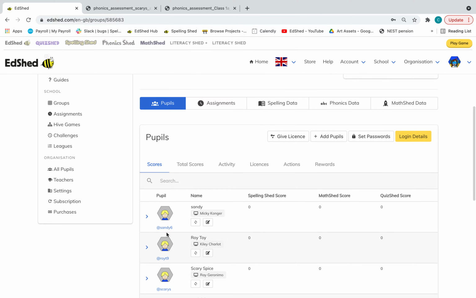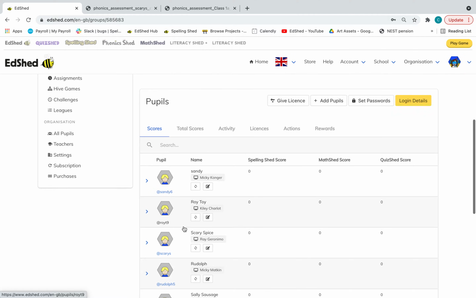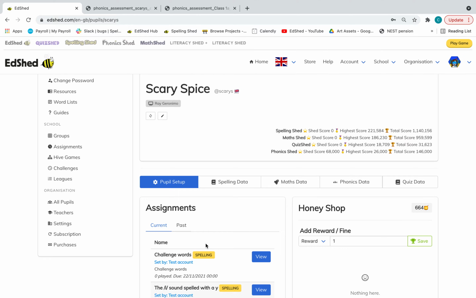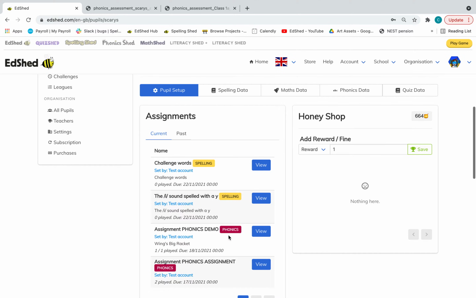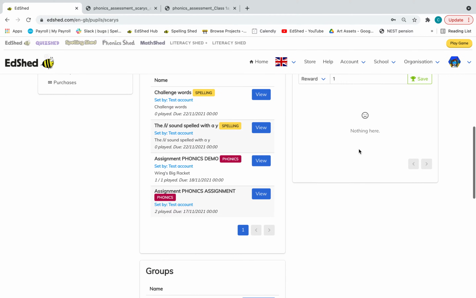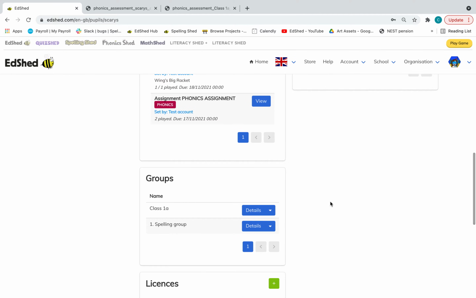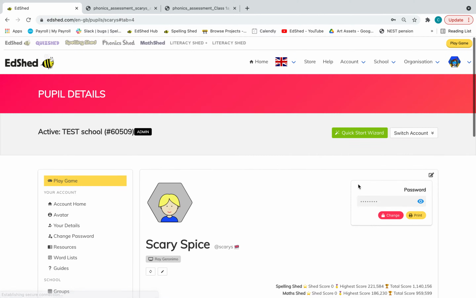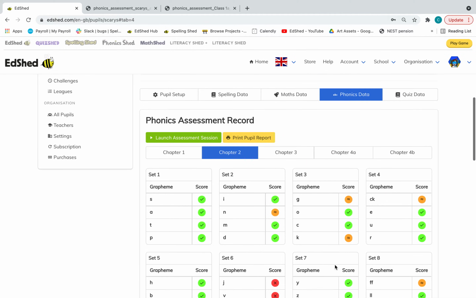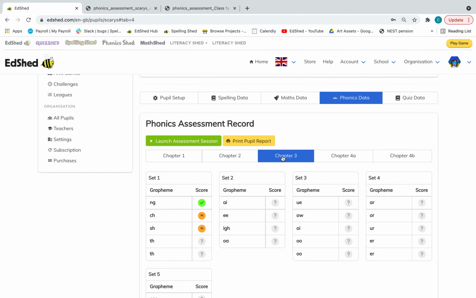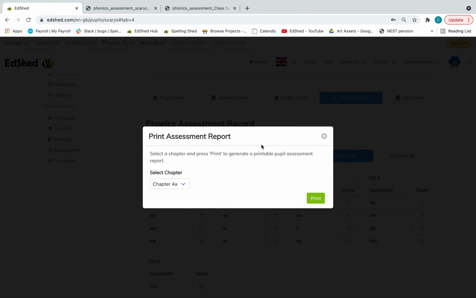Now if we go into a pupil page, you can see some information in more detail. So on our pupil page we can see the assignments set for this pupil. We can see how many honeypots they've got, and here we'll show what they have bought or spent their honeypots on, the groups that they are in, the licenses that they have got. And then if we go to phonics data, this will show the detailed report for this pupil, which you can see here. So there's chapter 2, chapter 3, 4A, and again you can print a pupil report from here, selecting their chapter,